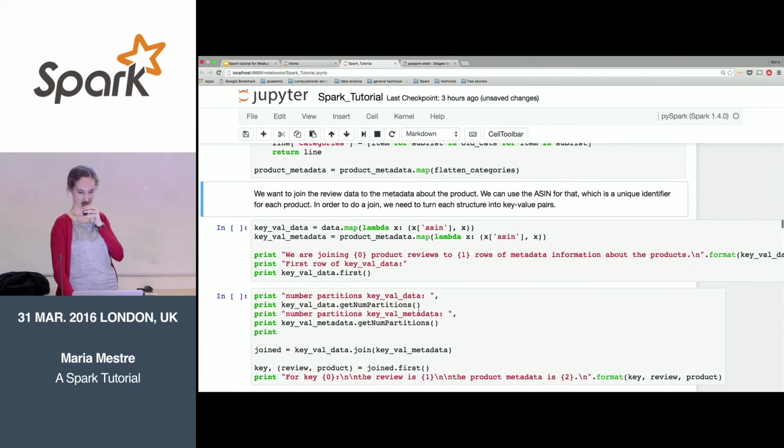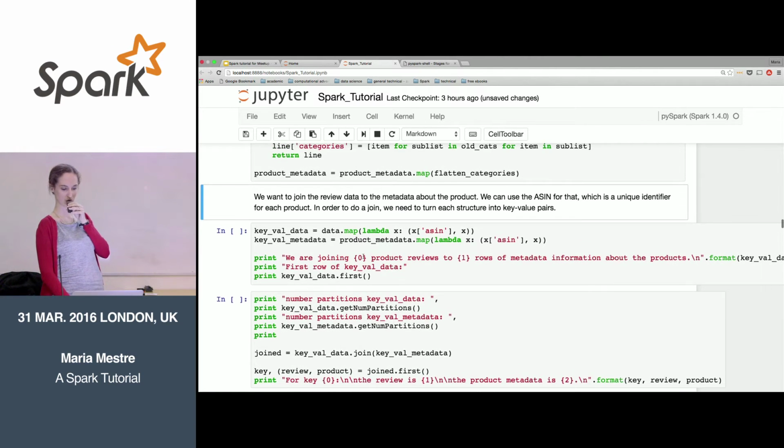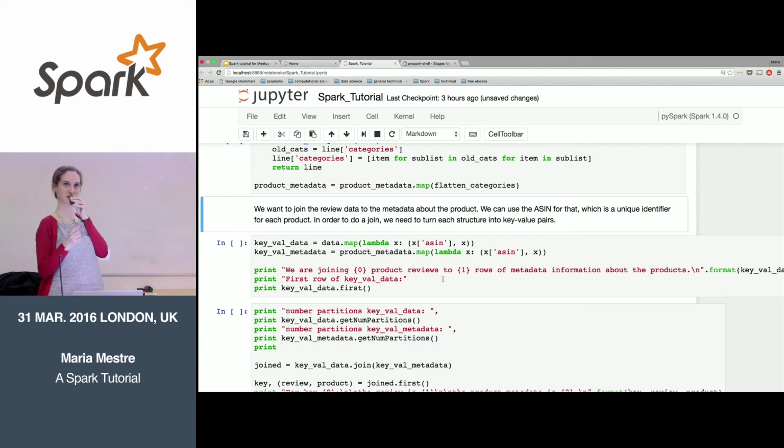In order to join in Spark Core, Sahar is going to do pretty much the same stuff as me, but we'll show you other ways. I'm just showing you here the Spark Core functions. Whenever you want to use things like reduceByKey or groupByKey or join, it typically works with key-value pairs. So we're going to join these 2 tables using the ASIN, because that's the one thing that's